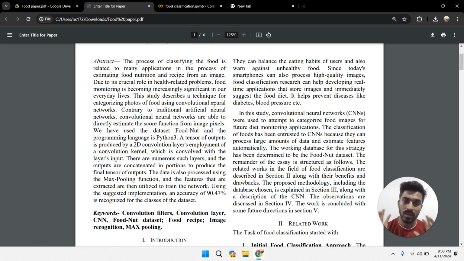Initially we started by thinking like that, and we created this project in 2022. But after 2023, when ChatGPT came, we integrated our model with an LLM like ChatGPT. So this can also give instructions according to the food.